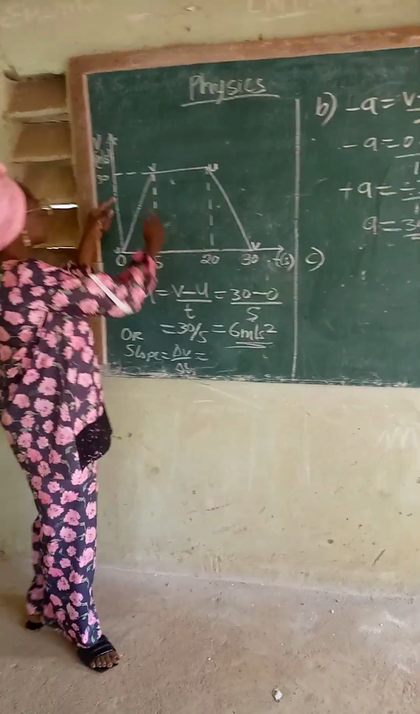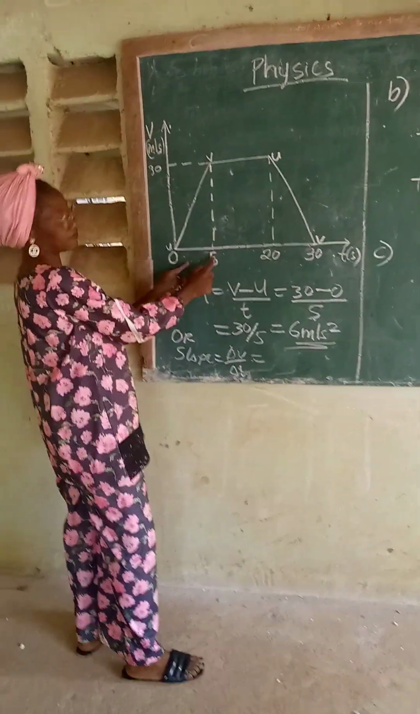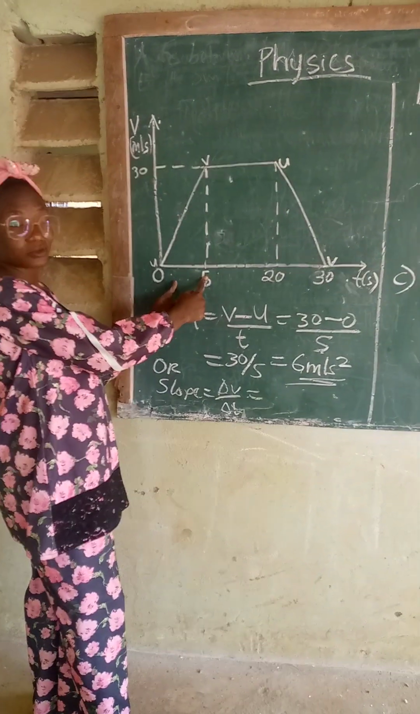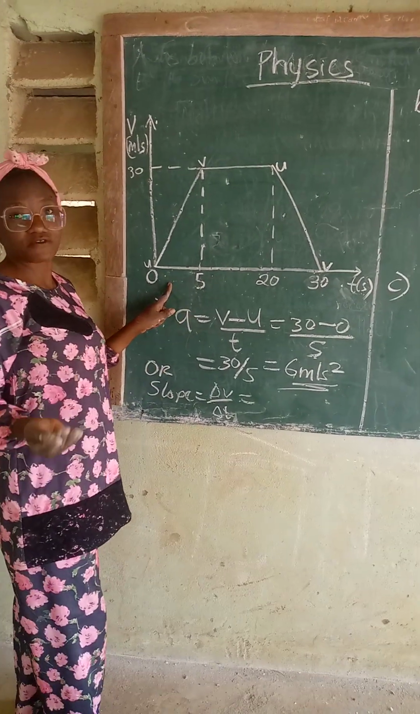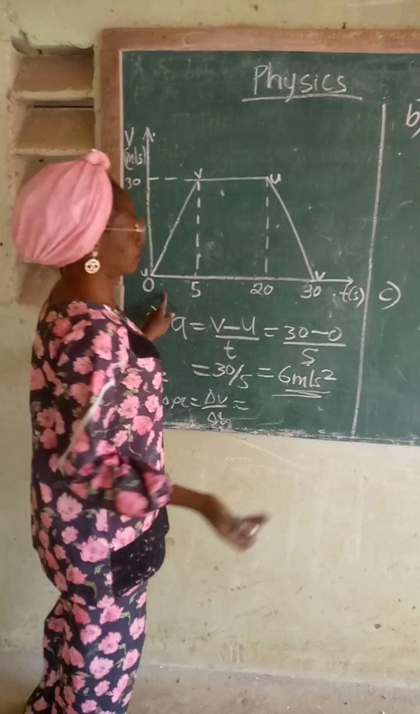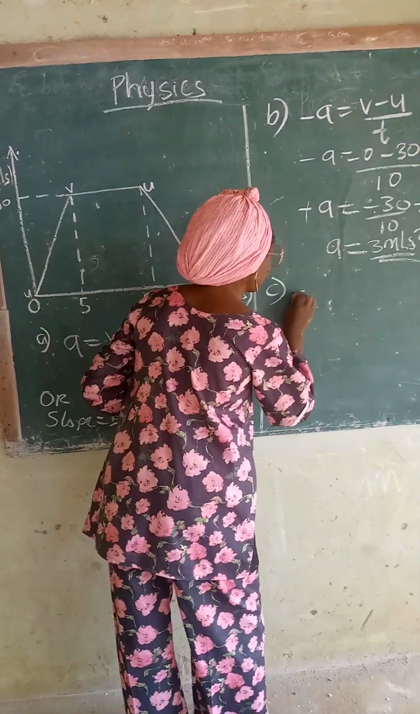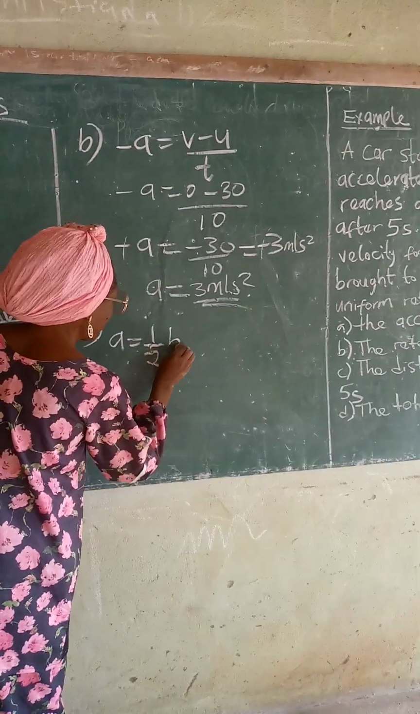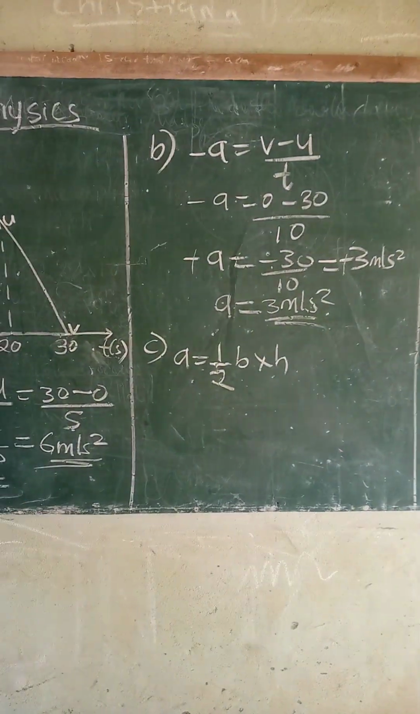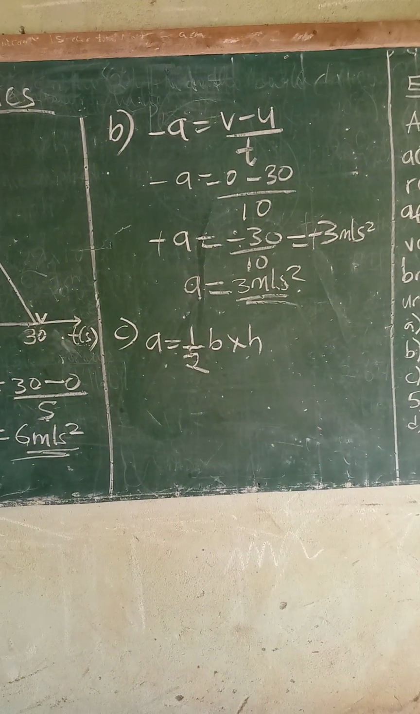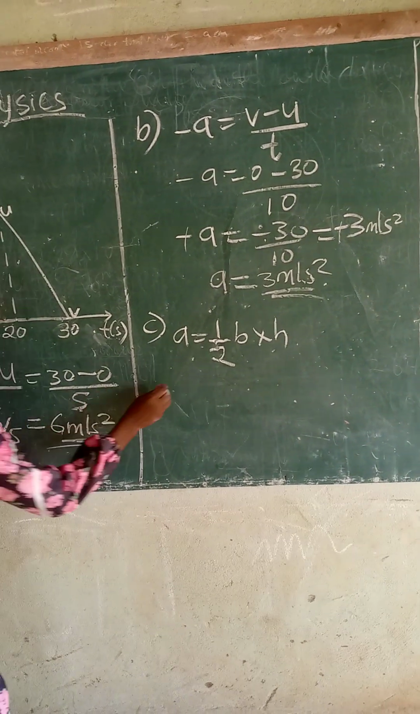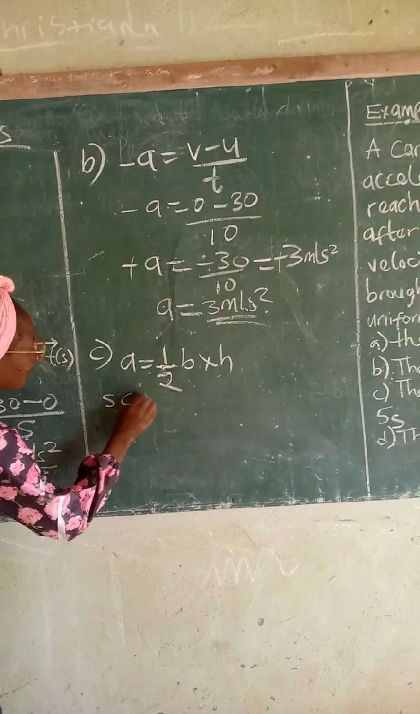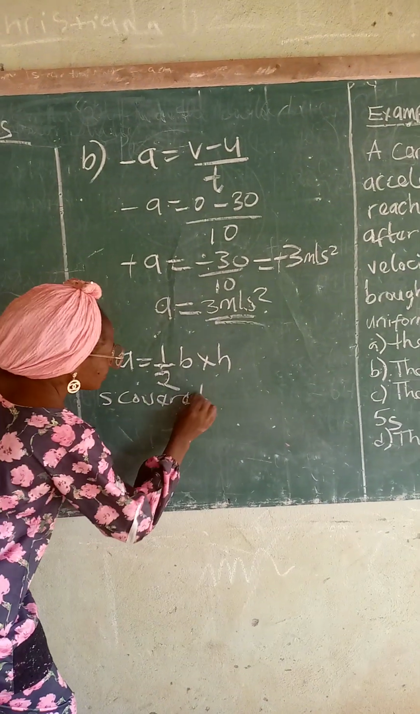Since this is the area under that 5 seconds, what does it look like? It looks like a triangle. So we use the area of a triangle, which is equal to half base times height. So we have the distance covered after 5 seconds